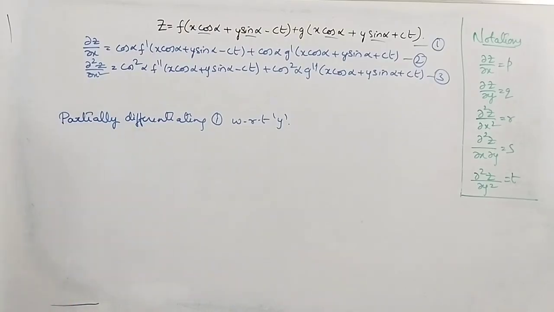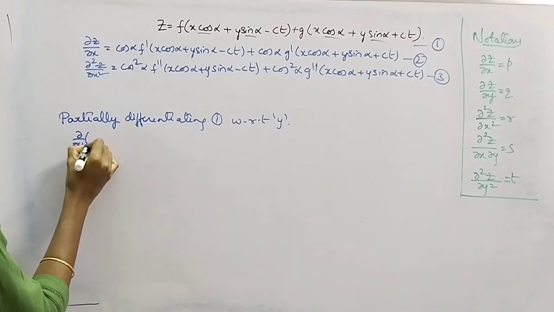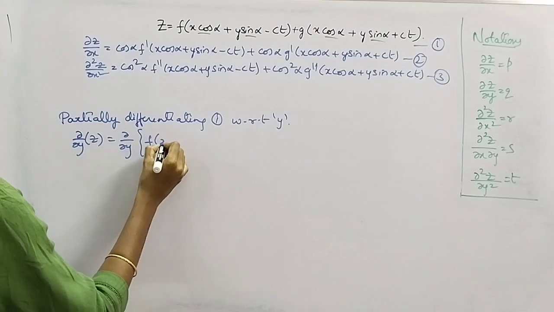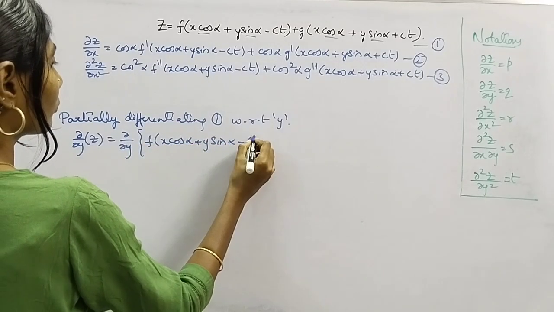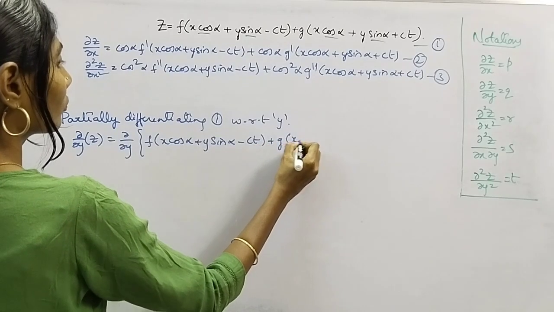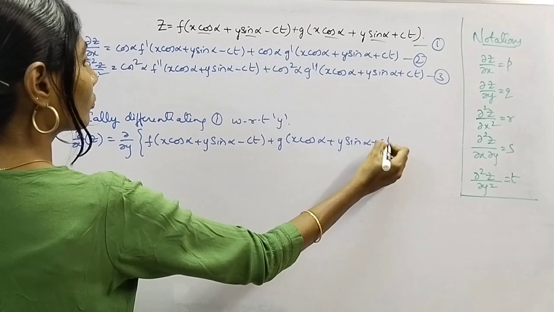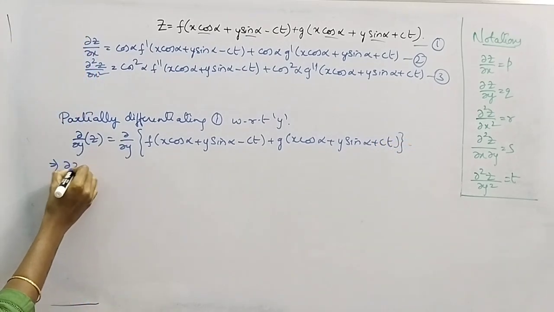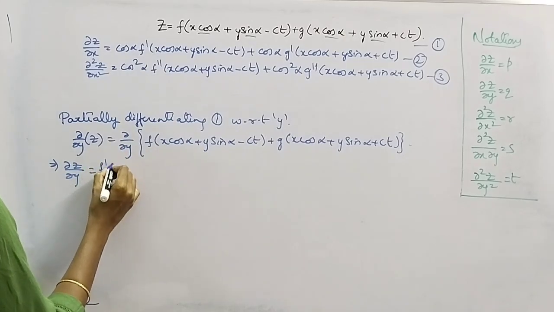Since we are partially differentiating with respect to y, we'll write x and t as constant here. This gives us dou z by dou y equal to partial derivative of f with respect to y is f dash